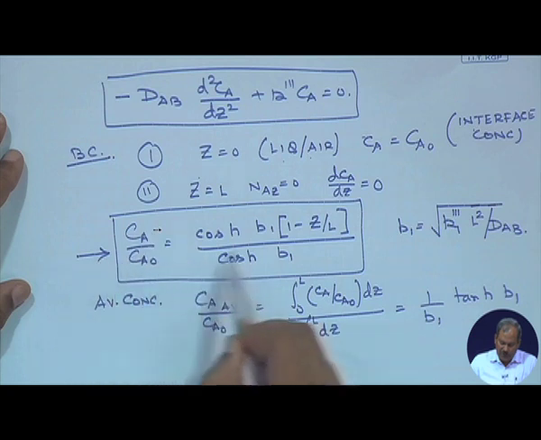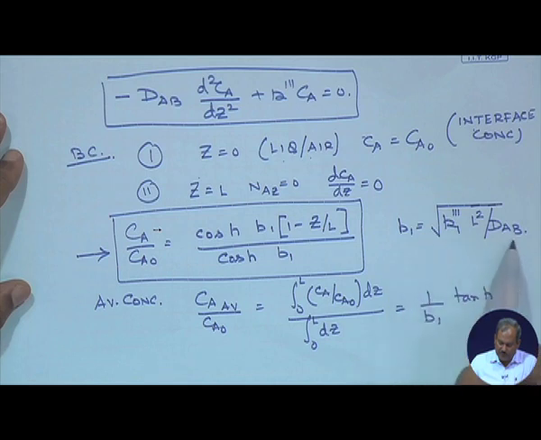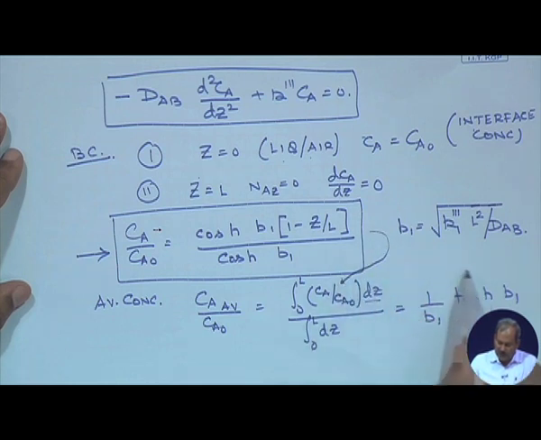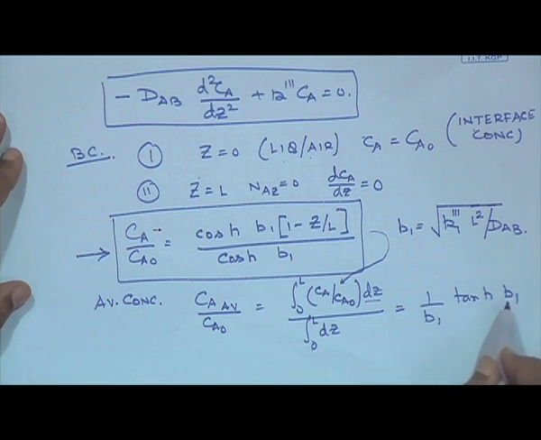The concentration distribution was obtained in cosine hyperbolic form, where the constant B_A is nothing but this, and the average concentration is obtained by averaging over the entire length of the liquid pool, so between 0 to L, and dividing it by L. This when plugged in here would result in the average concentration of A inside the liquid pool of B, where this B1 is simply a constant.